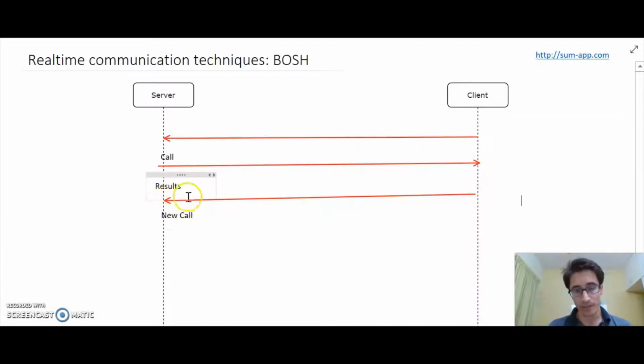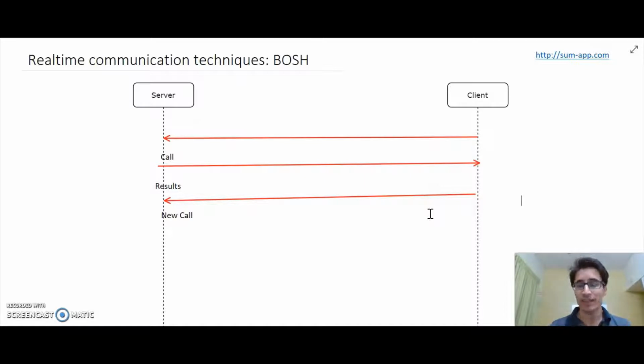And in this while, if the server has results, the new call would respond back with the results. But if the server doesn't have any new records for the client, the server would be just blocking the thread, which essentially means the client is listening to the new results.